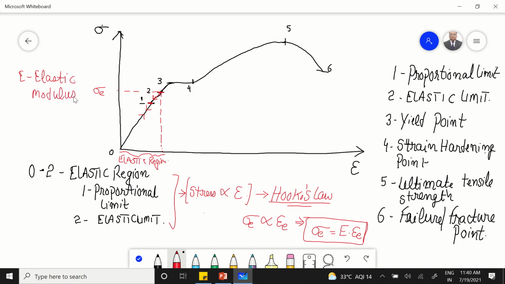And its unit will be the same as that of stresses, right? Stresses is in pascals, megapascals or GPa. So elastic modulus also follows the same unit as stresses, because strain is a dimensionless quantity. Since strain is just the ratio of two lengths, the units of length cancel out each other. That is the reason strain is often treated as a dimensionless quantity.